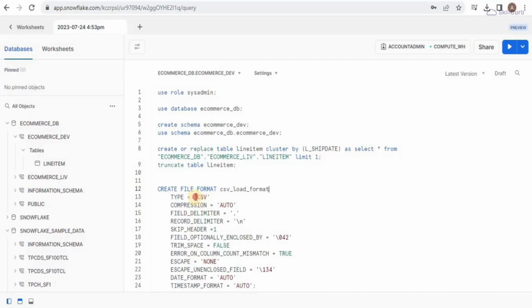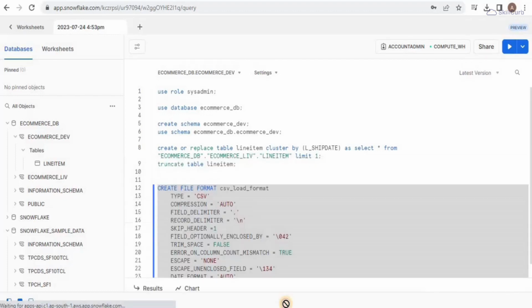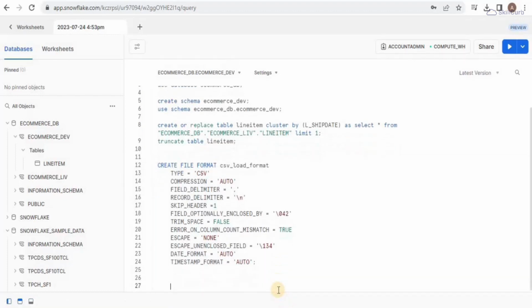Inside this file format, we have a bunch of parameters. Firstly, you have to define the type, which is going to be CSV in this case. Compression is auto, meaning auto detect. Then you have to define the field delimiter, record delimiter, and the skip header is set to true. And then there are a bunch of other parameters as well. Let's run this, and you will see that your file format has been successfully created by the name CSV load